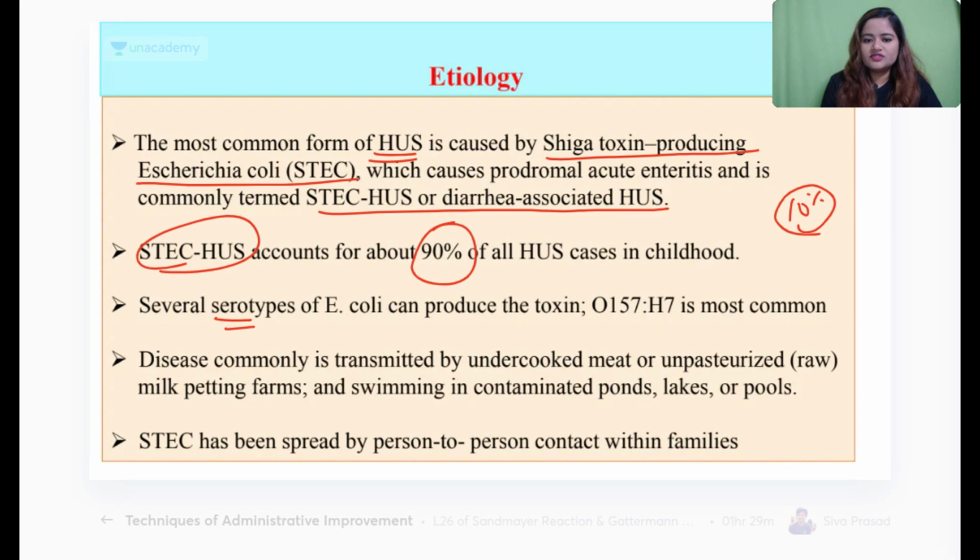इसलिए most common cause अगर कोई आपसे पूछे, then it is again STEC associated HUS। Now several serotypes of E. coli can produce the toxin, out of which O157H7 is the most common type, as I already told you। Now this can also be transmitted by any fecal-oral route, any contamination in the food like undercooked meat, unpasteurized raw milk, swimming pool getting contaminated with these organisms।